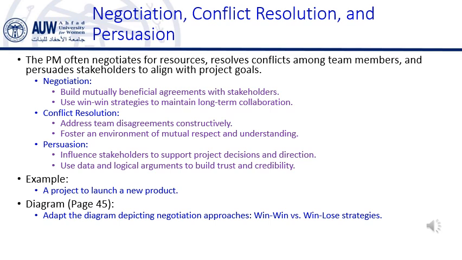Key aspects of negotiation. Understanding needs and interests. The PM must understand what each party wants or needs from the negotiation. For example, a supplier might want to increase prices, while the project team might need to reduce costs. Finding compromises. Negotiation often requires compromise. The PM may need to find a middle ground where both parties feel satisfied. Reaching agreements. The goal of negotiation is to reach an agreement that benefits both parties and helps the project move forward.